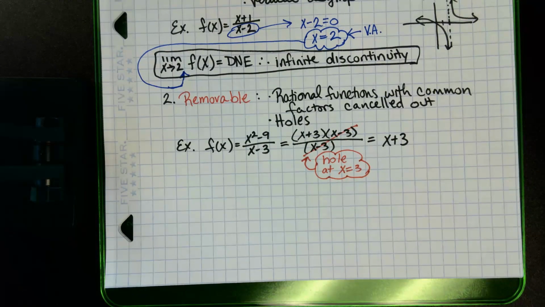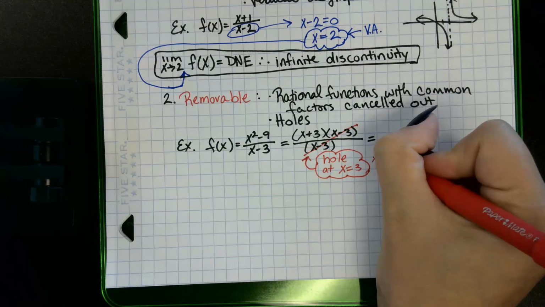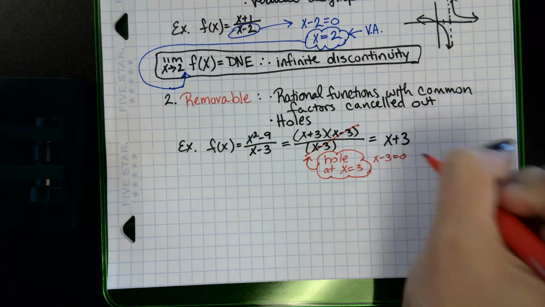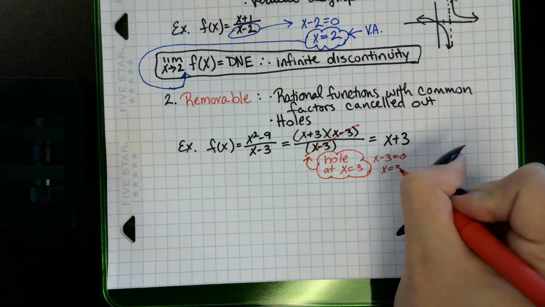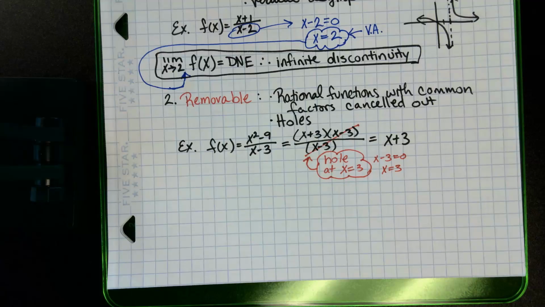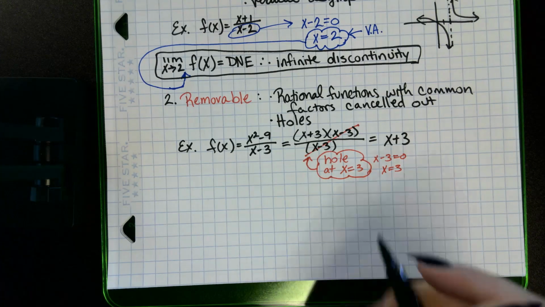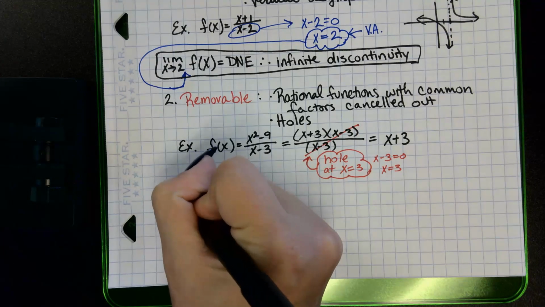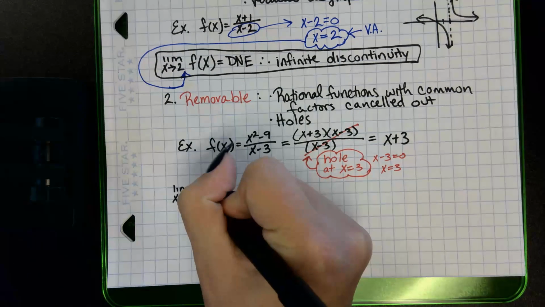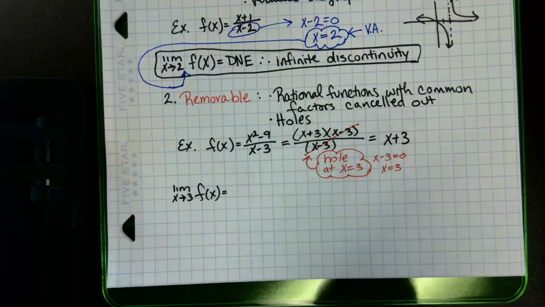Earlier I was asked, how do you know it's x equals 3? Well, if I remove the factor x minus 3, I set it equal to 0 and solve it, adding 3 to both sides, and I get x equals 3. So I can write this as the limit as x approaches 3 of f of x equals,